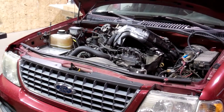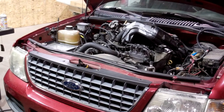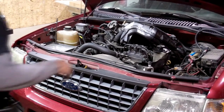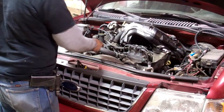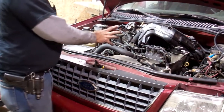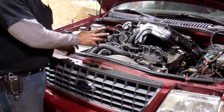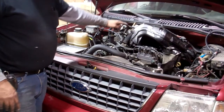And this is the 4-liter V6 single overhead cam. It's got a jack shaft where the normal top timing gear would go. It goes all the way to the back of the motor. So you got your